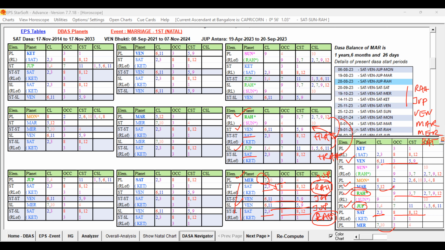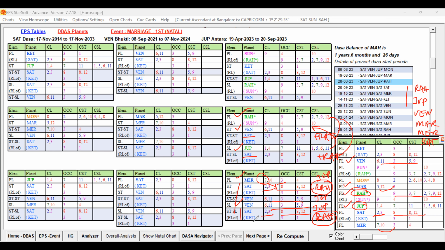Now, we have to check the key planets of the destiny planet. Out of these destiny planets, which planets are strongly playing a role? Definitely Rahu and Jupiter. Rahu and Jupiter both are playing, and Venus and Saturn are also playing. They are influenced by Rahu and Jupiter, right? So that we could identify in this.